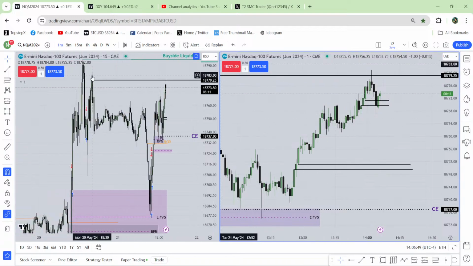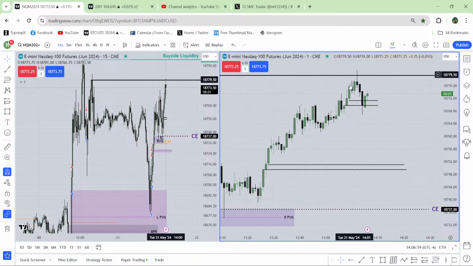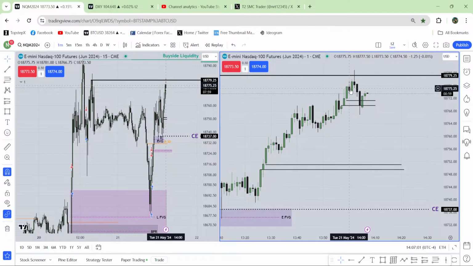So this is the extreme high which has traded the 1 minute last fair value gap. This high has taken all the highs, failed to take the highest high. So this high is valid as a first fair value gap entry. Now here the price action is not so cool and the market didn't close below this fair value gap.